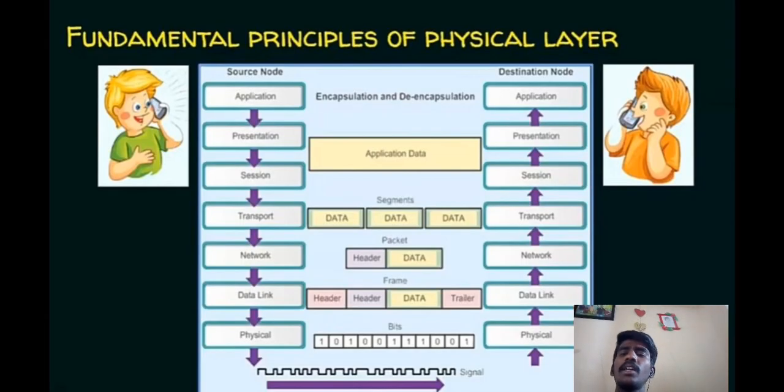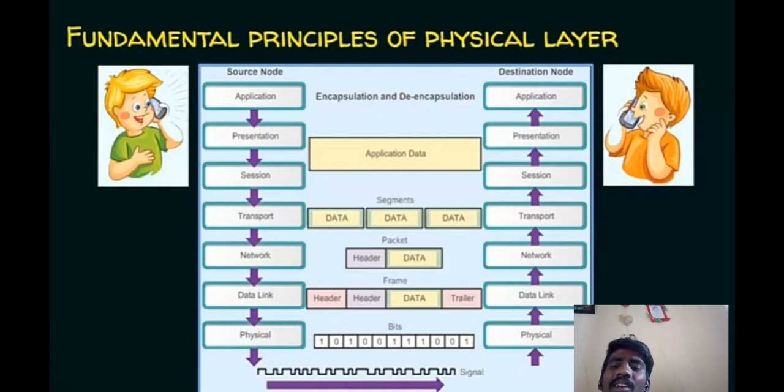So this is the way. Here I took a WhatsApp call as an example. I can use the UPI pin also as an example. If you give your UPI pin at application level, it is converted into encrypted data at the presentation layer. Thereafter it is converted into segments, I mean small parts, at the session layer. Thereafter the transport layer carries it to the network layer. The network layer uses packets, meaning it divides the data and adds an IP address to that data.